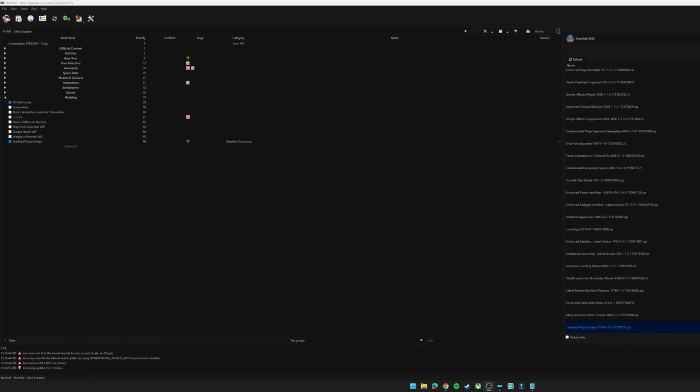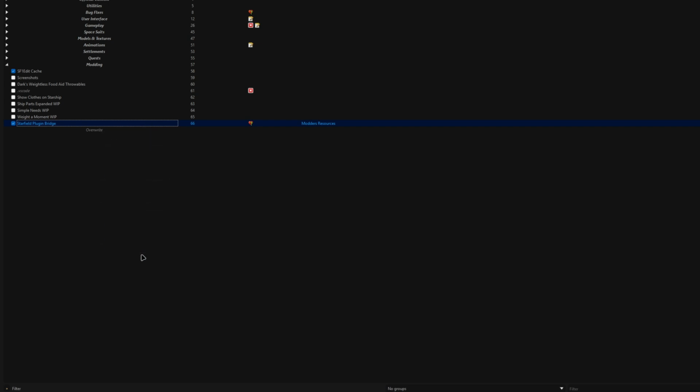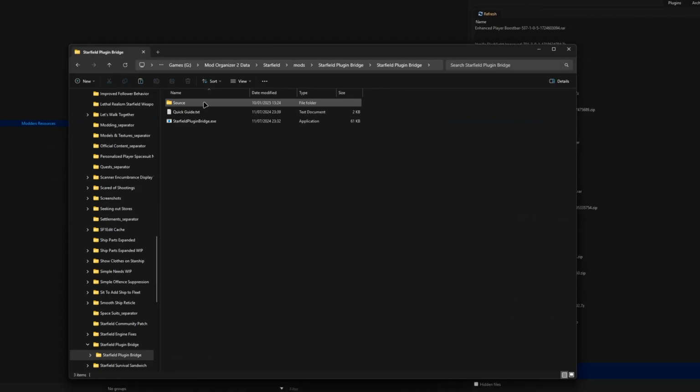Before you do anything in regards to conversion, you are going to want to make sure that the Creation Kit and xEdit are closed and your ESP is not open in any other programs at all. And then once that is done, you can go back into the Starfield Plugin Bridge here, open up that folder,